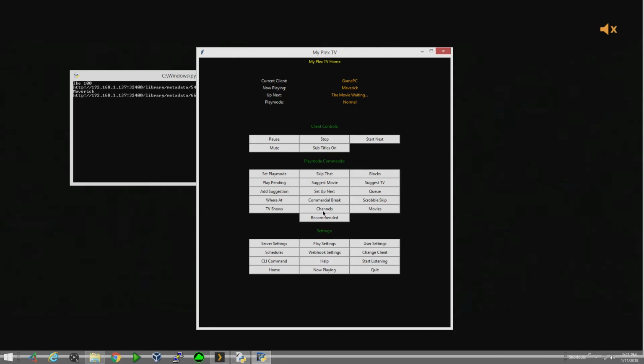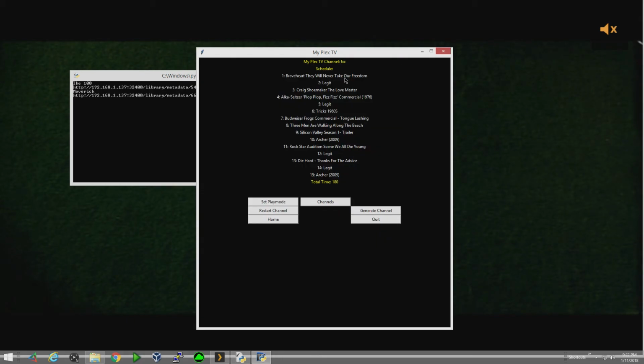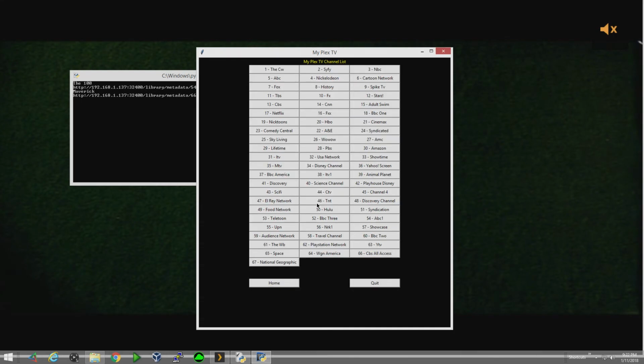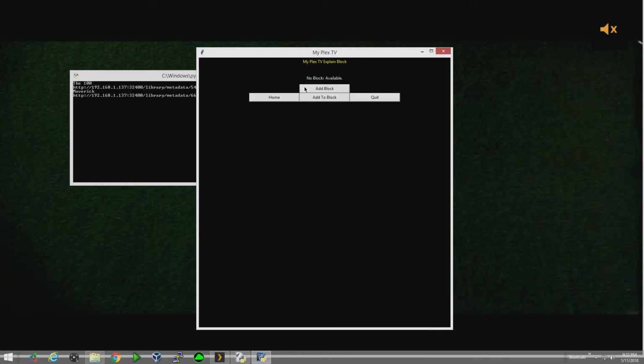And of course I've shown you the channels before that it'll generate, how you can see what is on those channels. I should probably get it so that, Jesus, that one's taking forever, that these are clickable options to where you can drill down and see their details. Maybe that'll be in a future update. No blocks available. It used to error there. So I'm glad that's finally working.